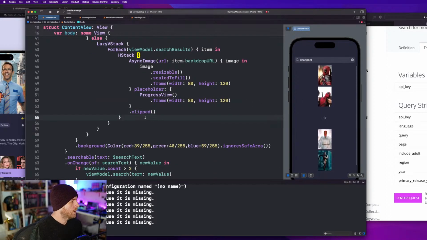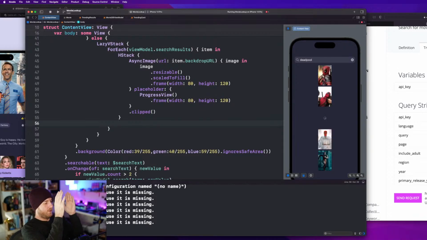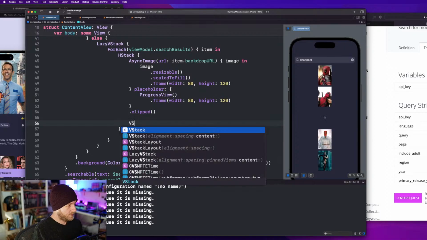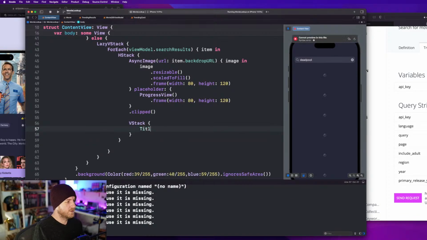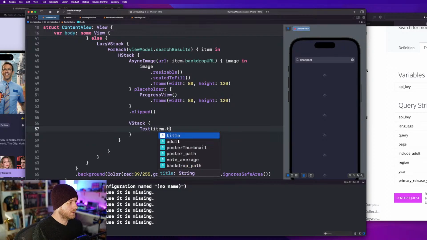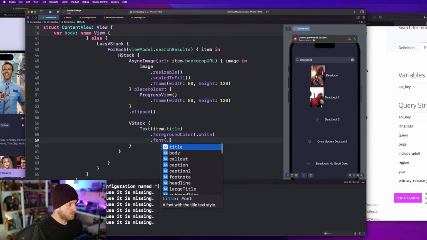That's fine. Okay, so what I'm going to do is create an image on the left, and then the title and other information on the right. And so we have a VStack here, and we'll have the title, the text, sorry, which will be item.title. The foreground color will be white, and then we'll set the font to